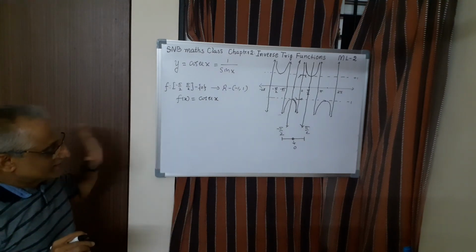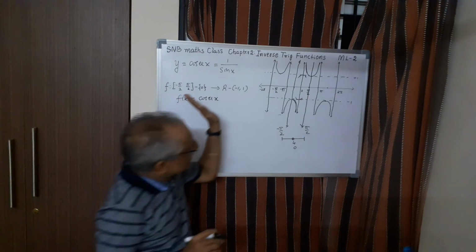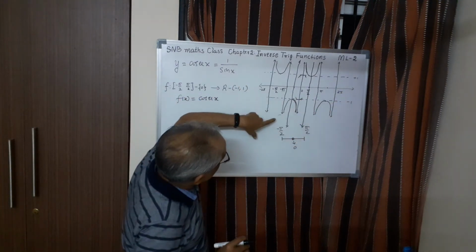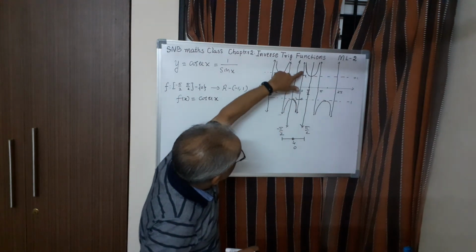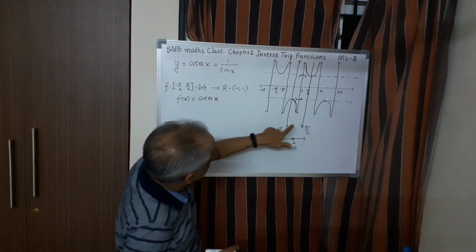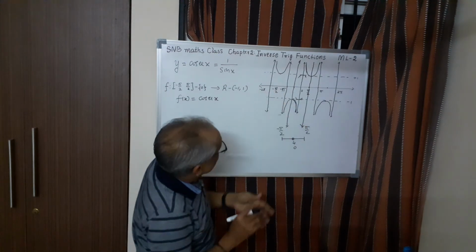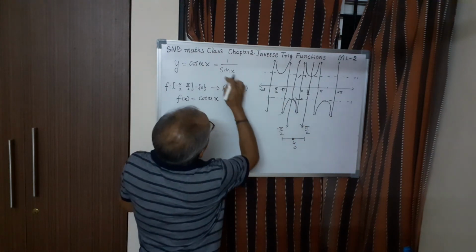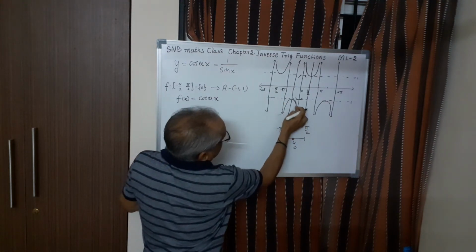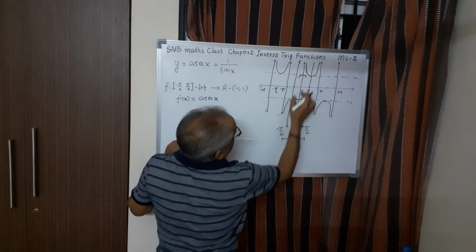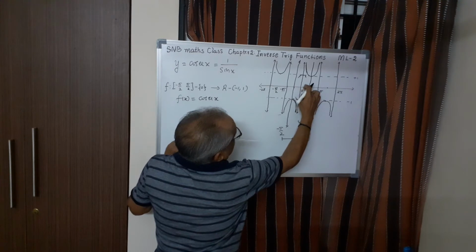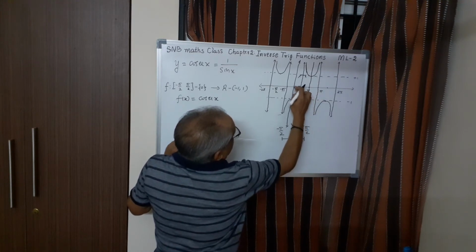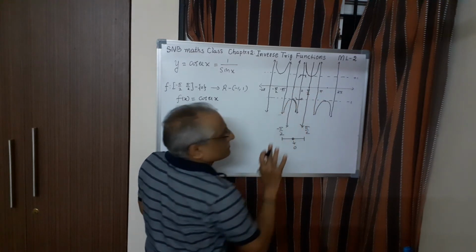Let me conclude once again. What you have to do is, don't take the entire domain, take only the function from minus pi by 2 to 0, exclude 0, and then 0 to pi by 2. One value, one range. 0 is excluded, a curve will be here, another curve will be here, and it's clear that it is 1-1, because any value here will go here only, any value here will come here. So it is 1-1.